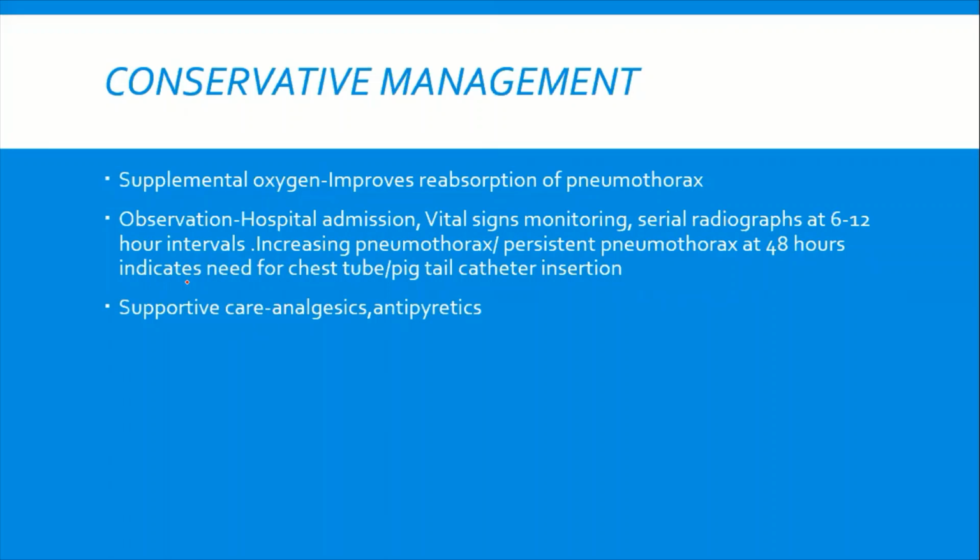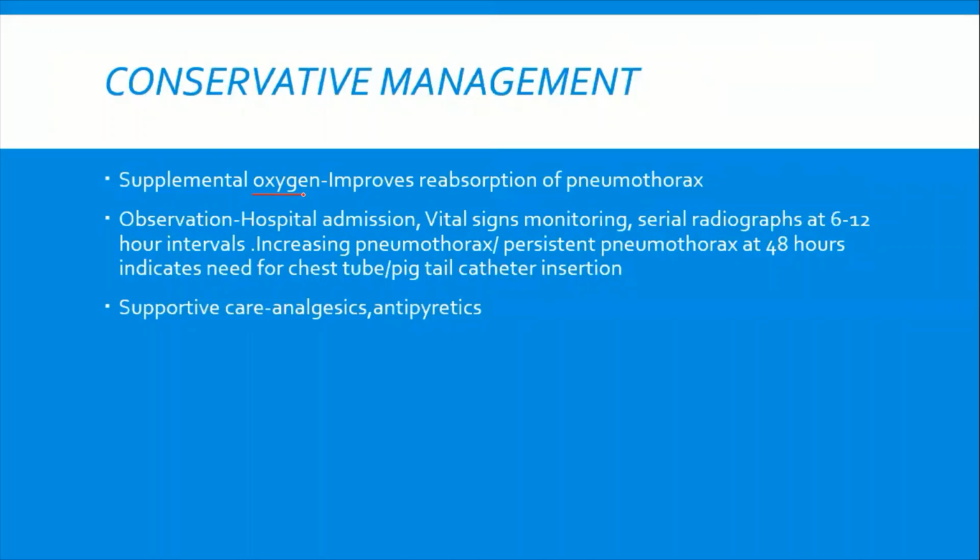Okay, so conservative management is only for small pneumothoraxes and the child is stable hemodynamically. Okay, how will oxygen going to help? Oxygen is going to help in oxygenation. It is as simple as that. Okay, it will help in reabsorption of pneumothorax. So this oxygen should be given only in a hospital setting, because you need to monitor. You don't know how this child is going to go, whether this child is going to improve or deteriorate.